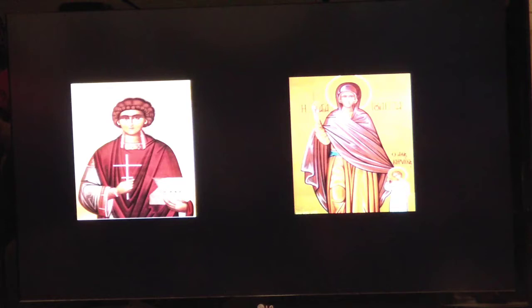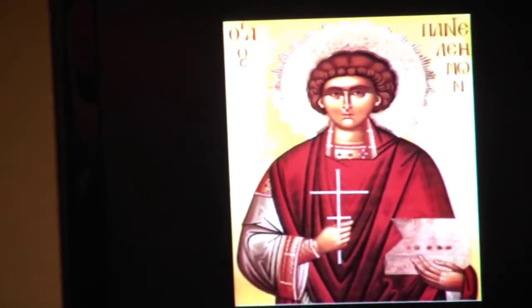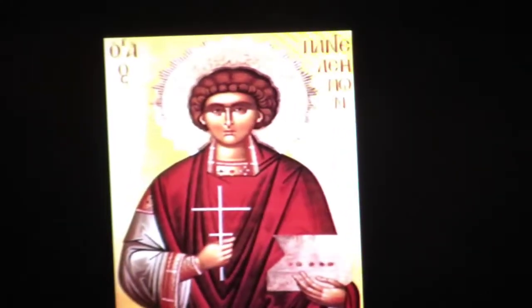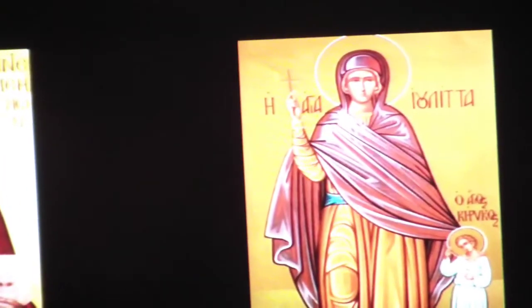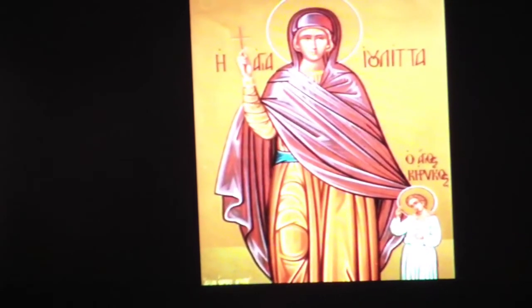So another thing that you might find in icons, again in the Byzantine tradition, and I'm not sure if this is common to the other traditions as well, is, or let me pose the question, what's common between these 2 icons? I mean, apart from the halo. And this is not a very tricky, deep, profound kind of thing. What's common between them? The crosses, right? The person on the left is holding the cross, the woman is holding the cross. You may not be able to see it, but the child is holding a cross as well.